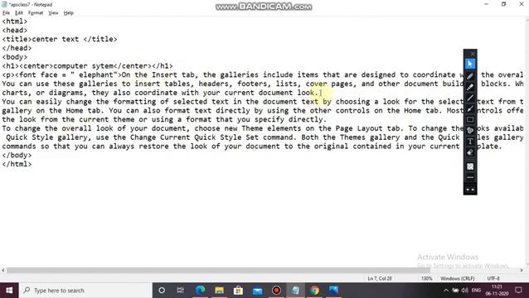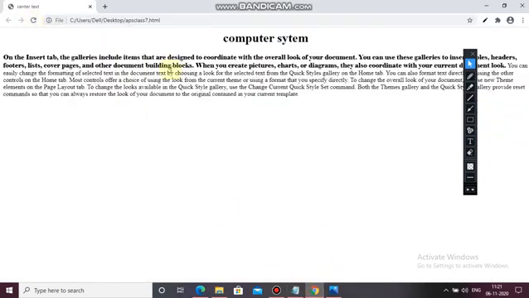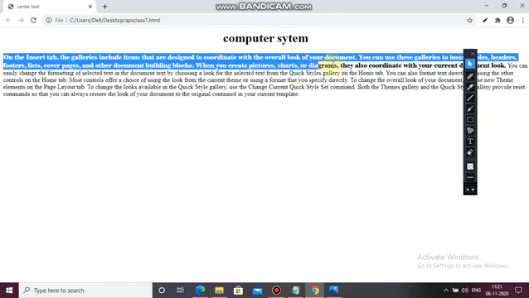If you want the changes only in one paragraph, then you close your font at the end of the paragraph. Ctrl S. See, the changes have been made. It has come in an elephant font. So the appearance of the text is changed.